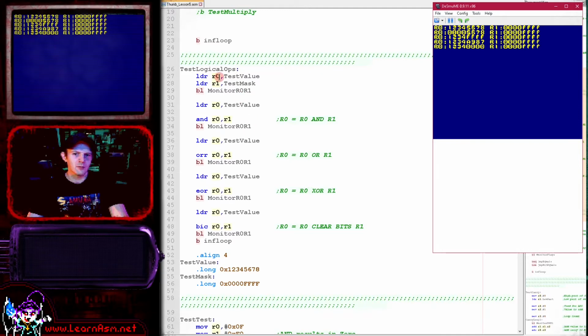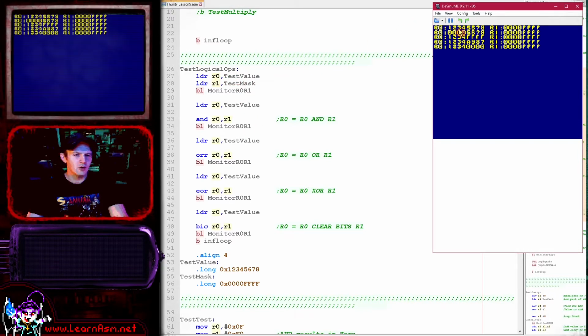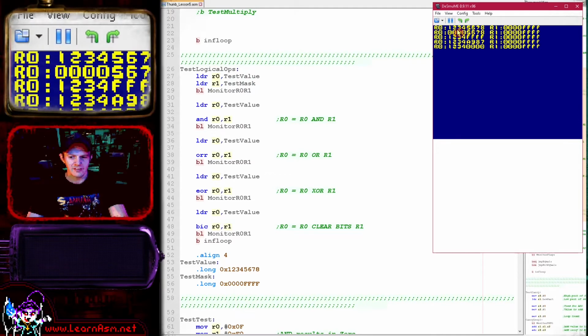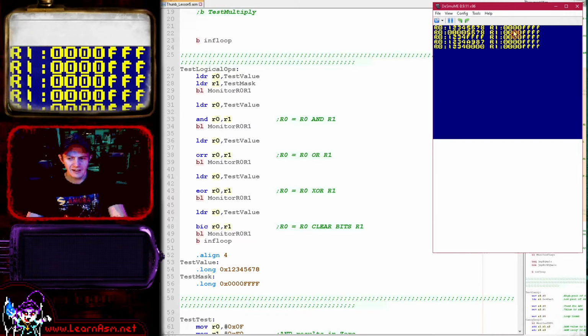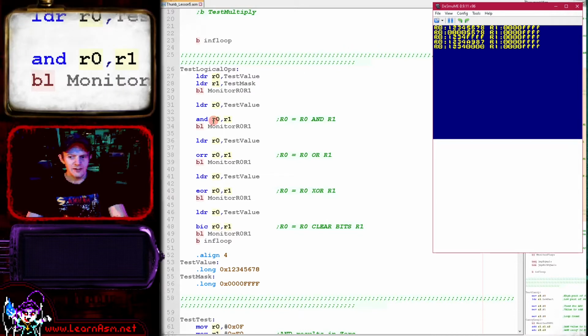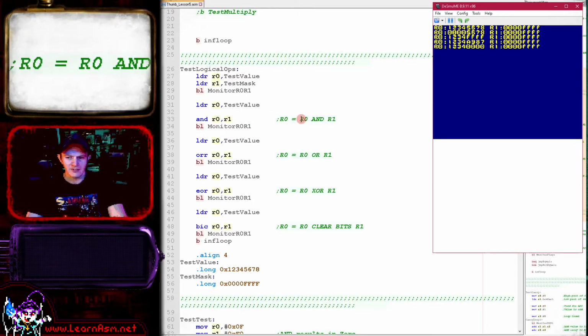So we've got some test values here. We're loading a test value here and a test mask, and we're going to apply the mask to the test value. The test value is 12345678 in R0, and the test mask is in R1, and it's 4 nibbles of F in the low 16-bit value there. So the first command we're going to do is AND R0, R1. The destination is on the left and the masking parameter is on the right, and this is effectively R0 equals